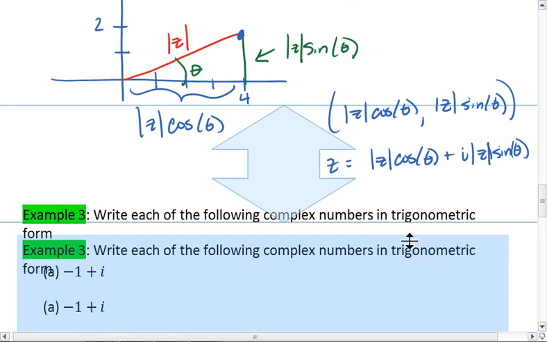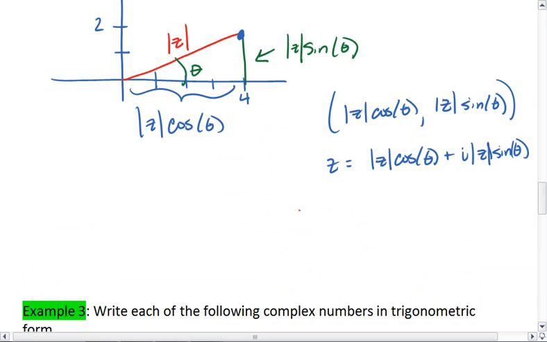We can factor out the magnitude. So as a final equation, we get the magnitude times cosine theta plus i sine theta,